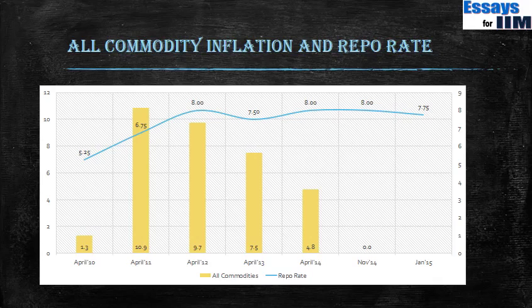But after that, the WPI has been decreasing, falling up to 0% in November 2014. But the repo rate has only now started to fall. This is because the RBI was always worried whether the inflation fall is sustained or it is just a shock. So they did not want to cut rates prematurely, so they were waiting. So this just shows the picture over the years.